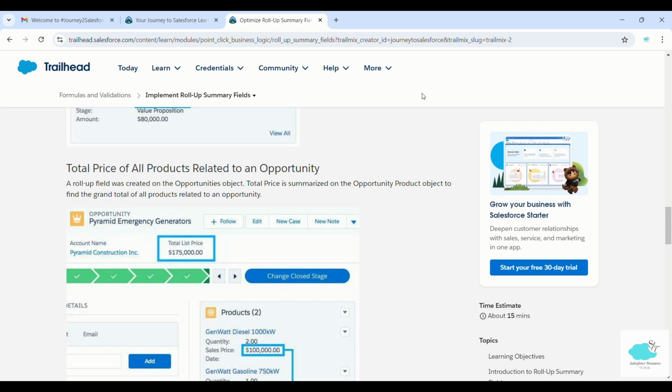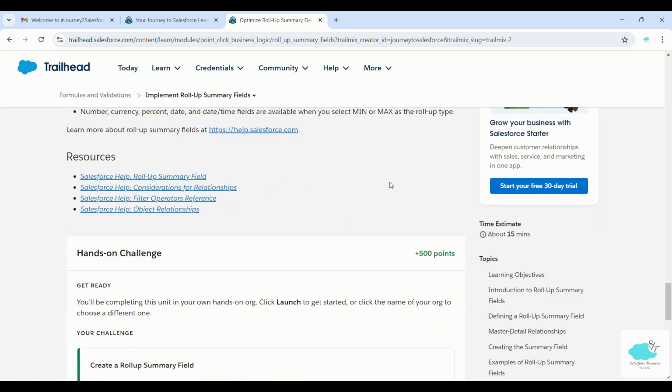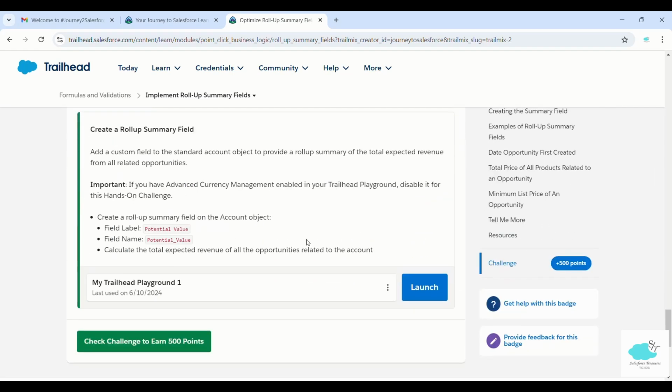If you want to find the minimum pay of a particular record, then you can use roll-up summary. If you want to find the total sum of the amount paid by each and every record which is present in account object, then you can use sum. This roll-up summary is used for this particular reason, so I'll just show you the particular example which is